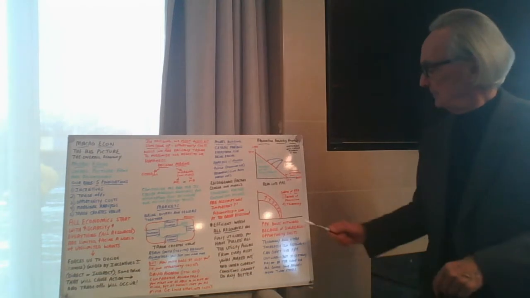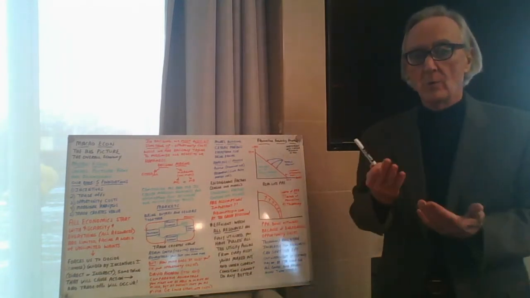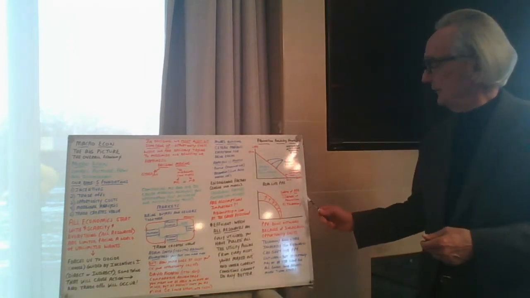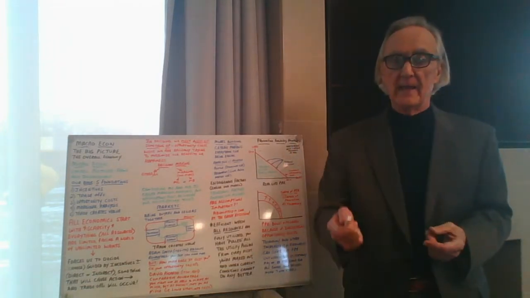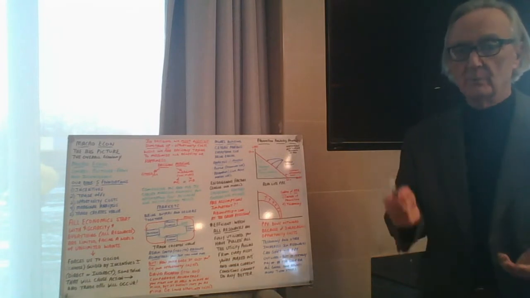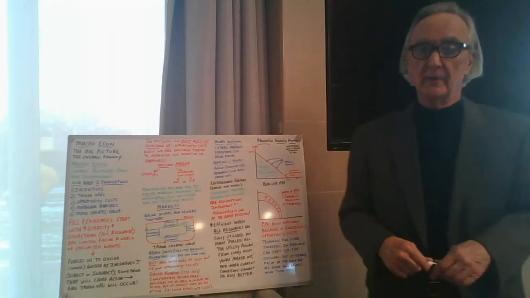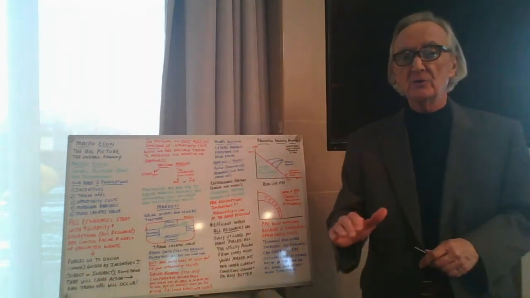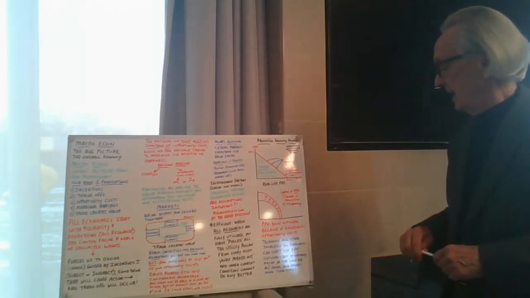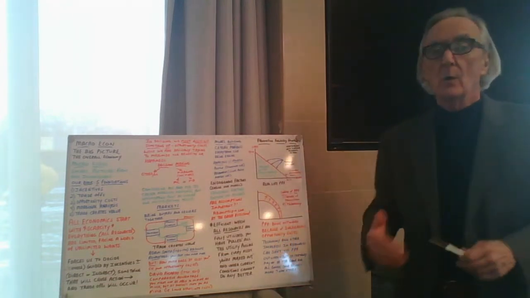Now, this whole curve can shift outward because of increases in factors of production: land, labor, capital, and human capital, which we'll talk about a little bit later, or technology. Technology usually is the biggie. That can shift the whole curve outward. Now, does it always shift out evenly? Well, no, because